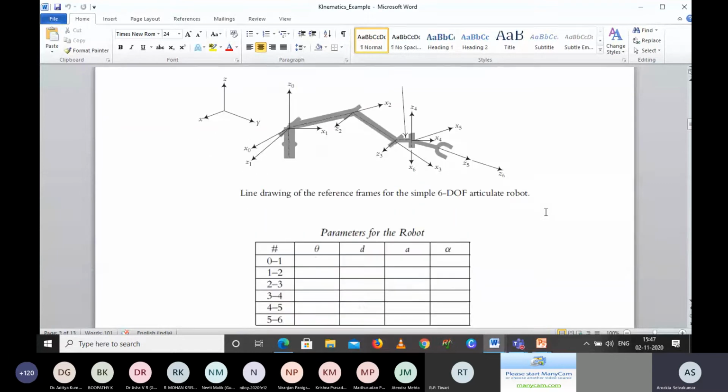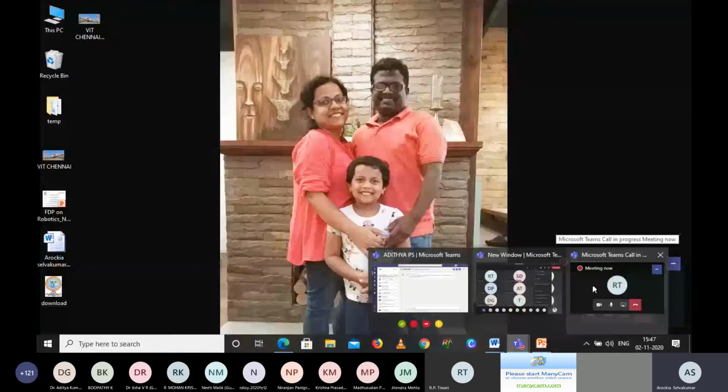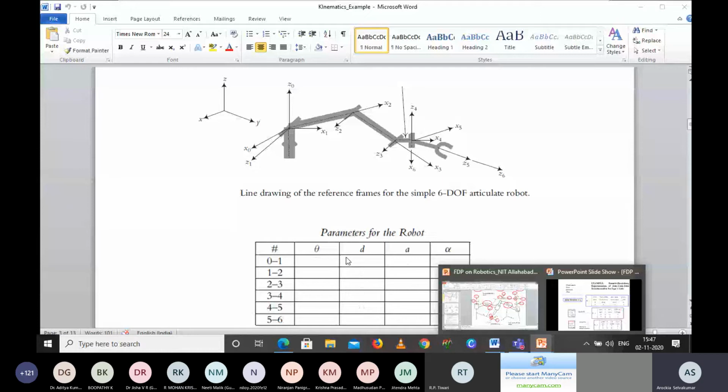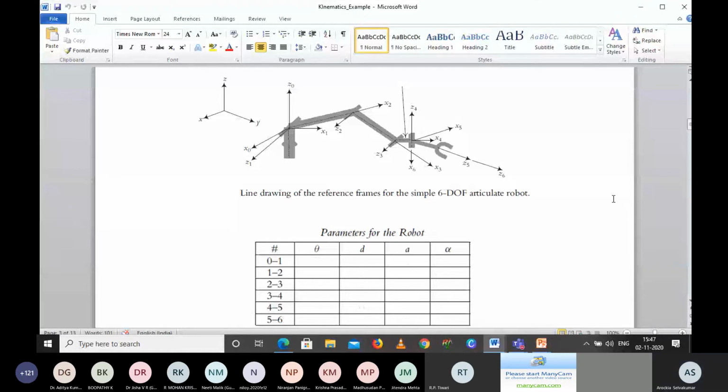Now the question is, I want you to help with these parameters. Taking 0 to 1, that particular joint, joint 1 for example, can you tell me the parameters of the robot? I want it to be somewhat interactive. Is anyone interested, so that I can explain in detail? Can anyone help me calculate these parameters now? Yes, sir, we can. Sir, for 0 to 1, will that particular joint have rotation?